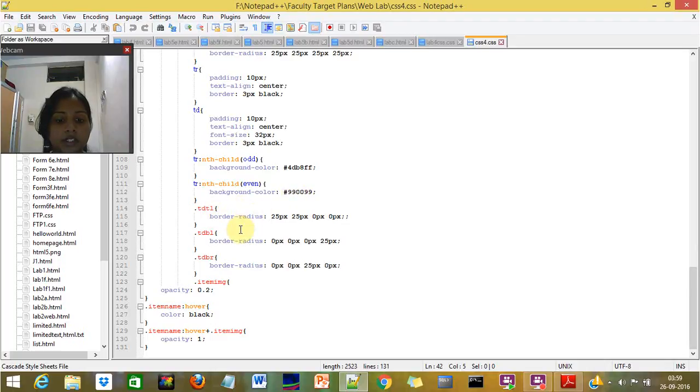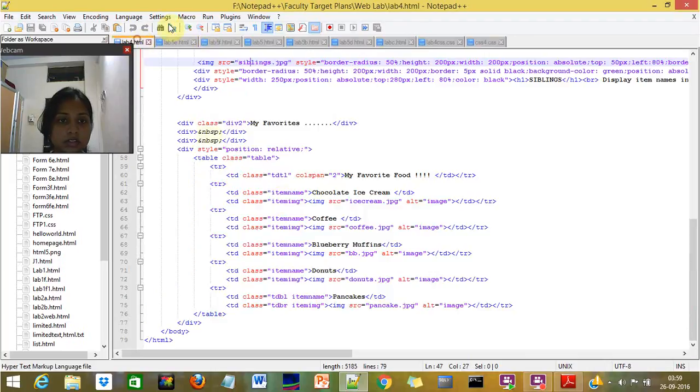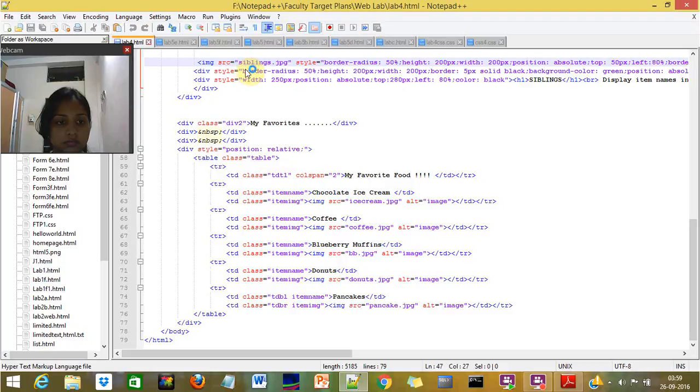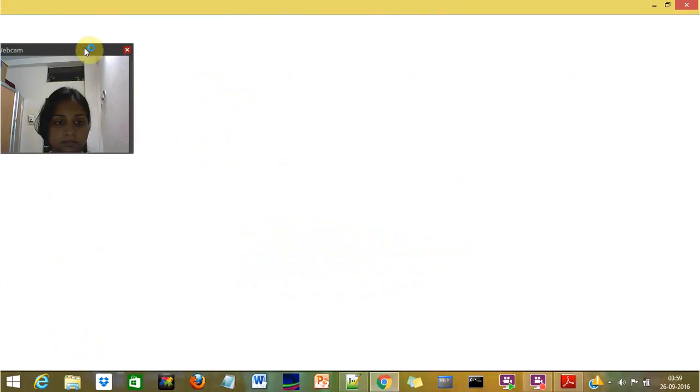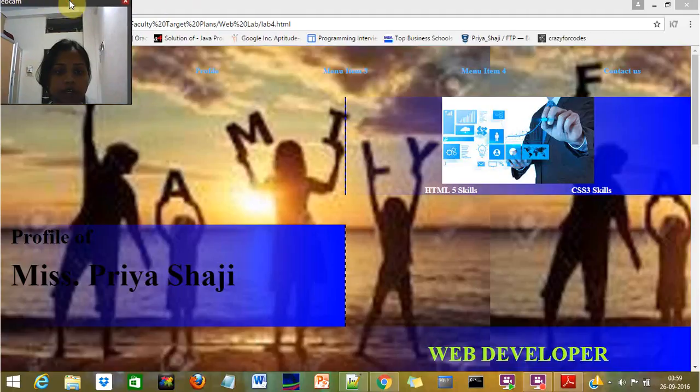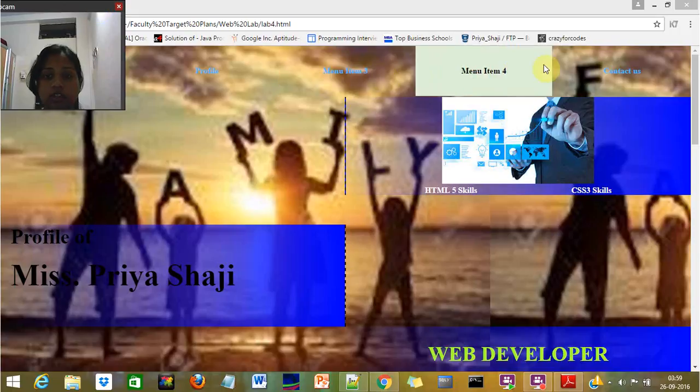And border radius is mentioned differently. And when I hover over them, same, it will turn black. Now when I run my output, this is my output. When I hover over these links, the color will change to light